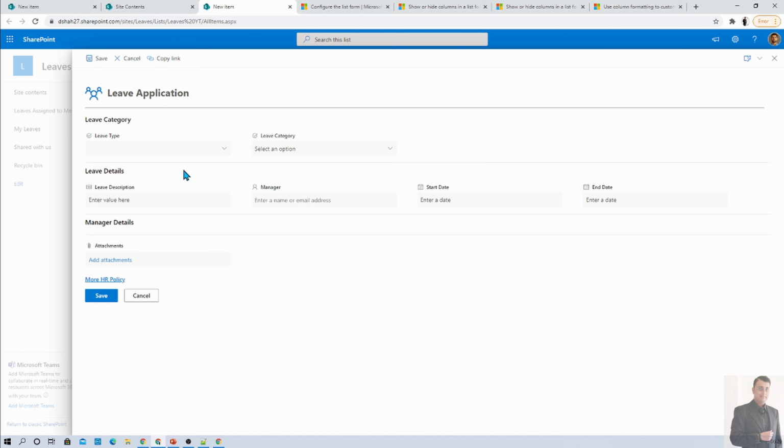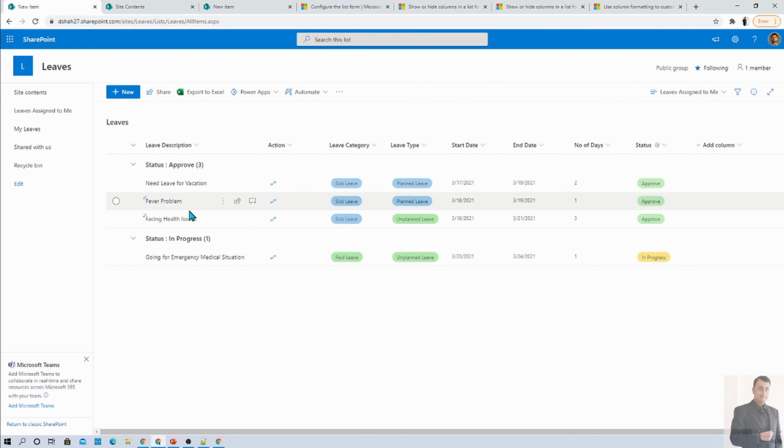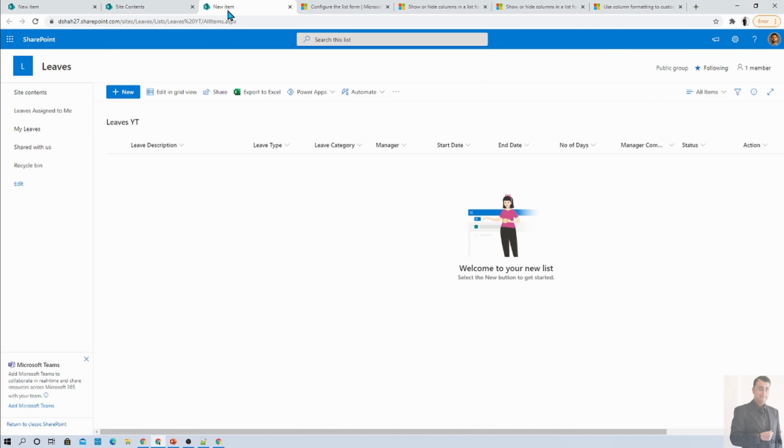Now we already formatted our form. Now it's time to format our columns. So let's say for example, for managers, we have added a custom button to approve and reject. Now, how did I achieve that? Let me talk about that in detail. First of all, go to your SharePoint list, and here I have taken one column called actions. Now this actions column is a single line of text column.